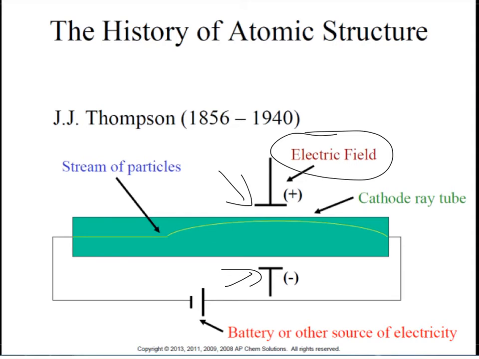And since those particles are coming from matter, in other words, the electrodes on either side of the cathode ray tube here, they must come from atoms. So this leads us to something called the plum pudding atom, which is a big circle that is positively charged with small negatively charged particles distributed throughout it. That's the next step from the solid balls of Dalton to the plum pudding model of J.J. Thomson.